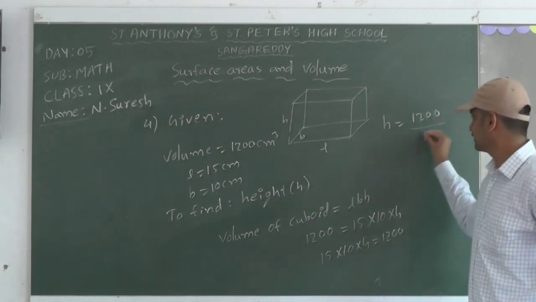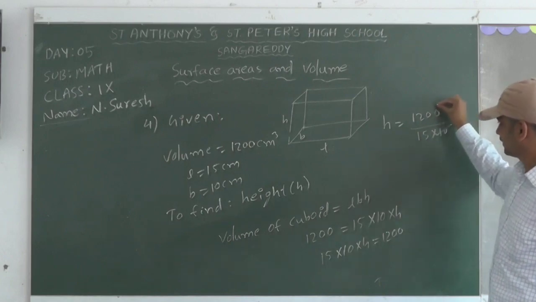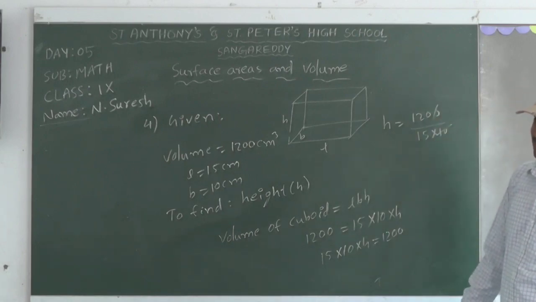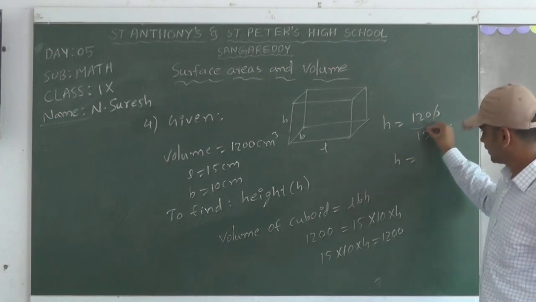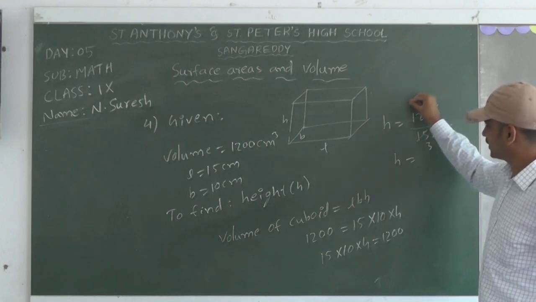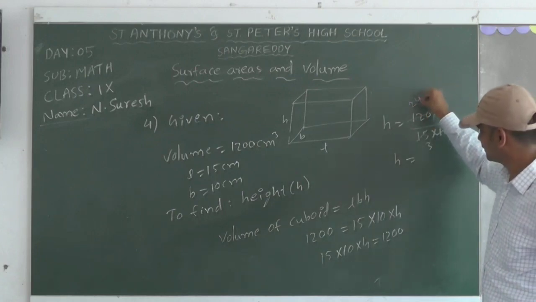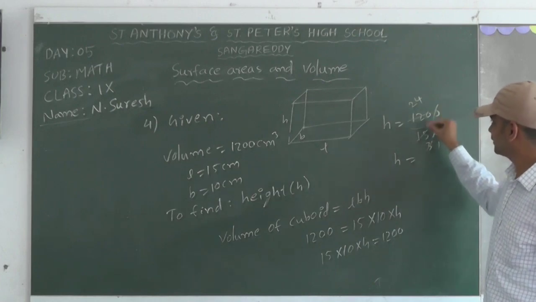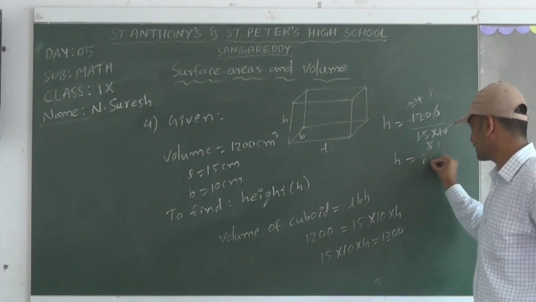15 into 10. No need to multiply, you can cancel it. 15 into 10, the 10 and 10 get cancelled. Next, 15 times table: 15 into 8 is 120. So H equals 8